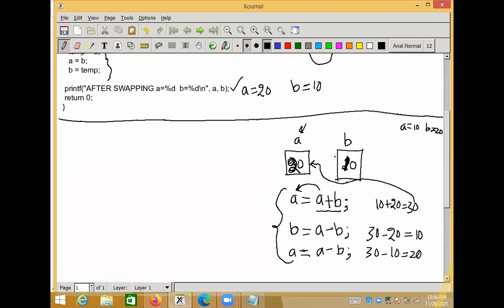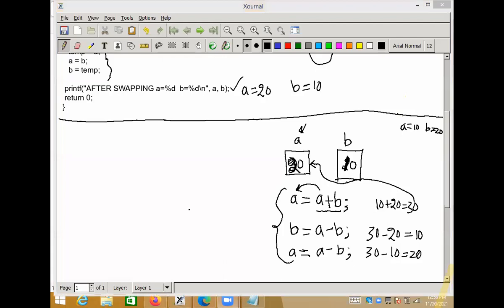Whatever I showed with the help of diagrams, all these things happen behind the scenes when you write these statements. So whenever you write a statement and that statement is executed, you should understand what happens behind the scenes. You should be in a position to tell what the computer performs inside the memory and how the values are changing. You should be in a position to explain all this to the interviewer.